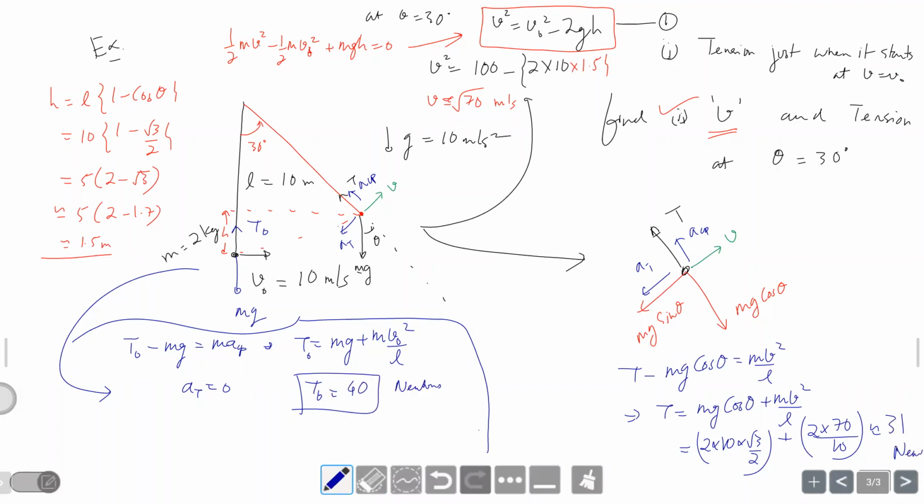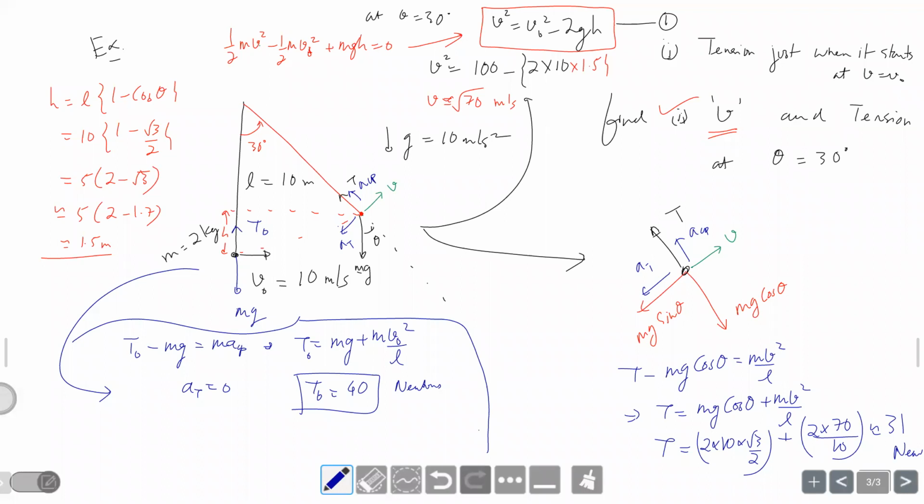So you can see tension also has not decreased that much. Marginally decreased from 40. I mean, it's still about slightly like something like a 25% decrease in tension. But it's not like the string is nowhere becoming slack or something. The tension is quite high. It's still more than the weight, for example. The weight is 20 units. Till now it is more than the weight. But you will see that scenario changes by the time you reach the maximum theta.